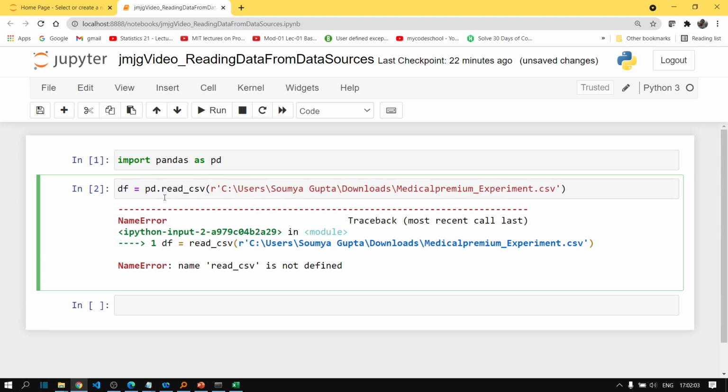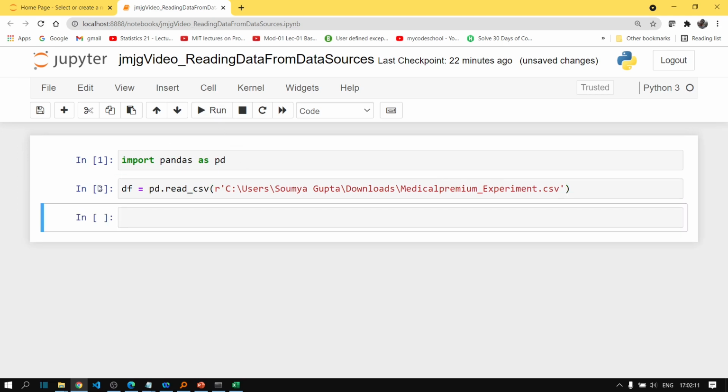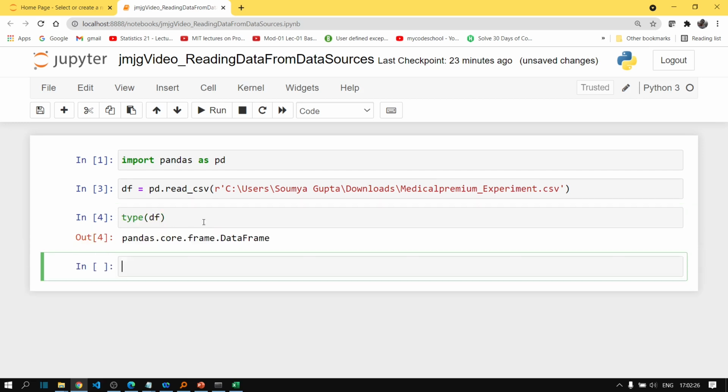It gives an indication that we are trying to use the read_csv function of the pandas module. Now if we run the cell, it will work fine for us. So our data has been imported in the object called df. Now if you check the type of the object df, it's basically a data frame.